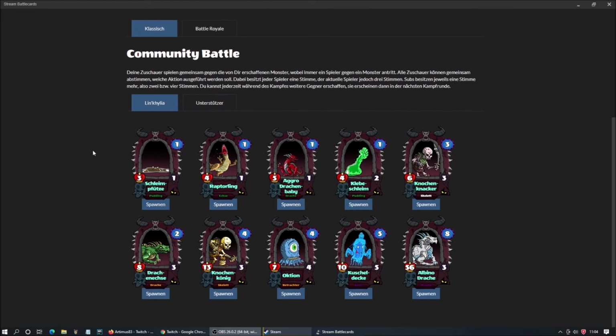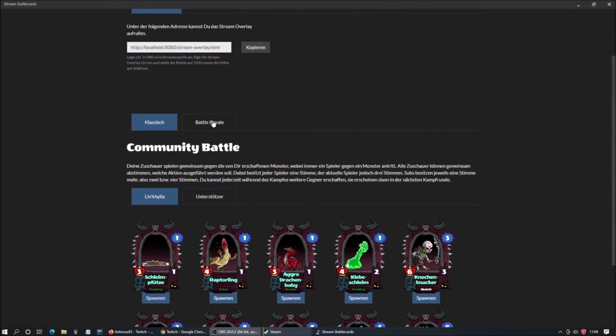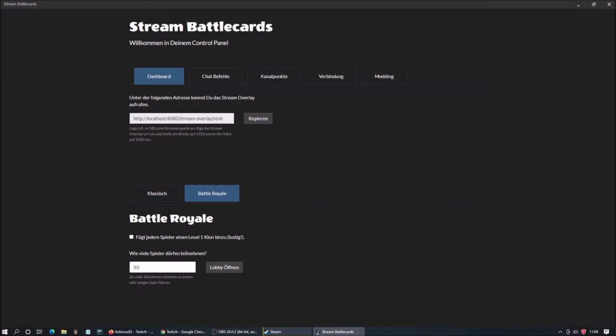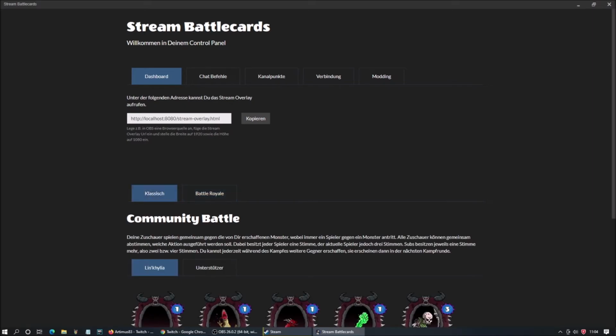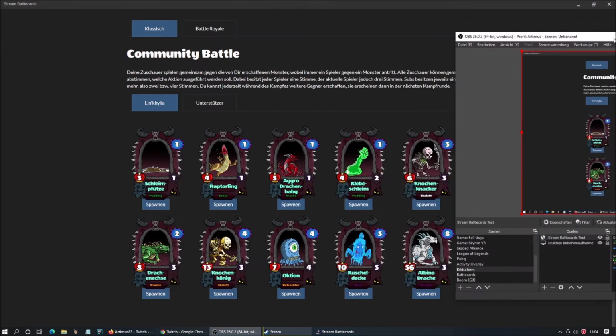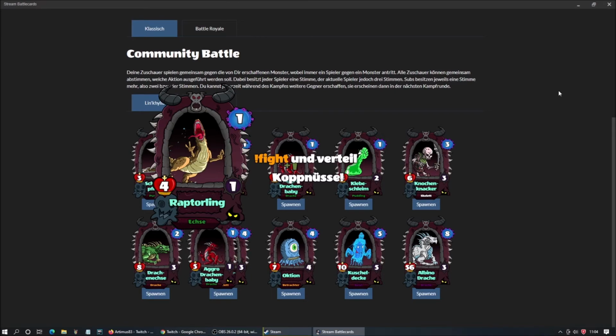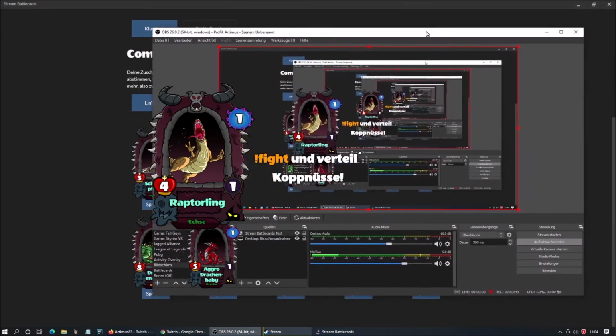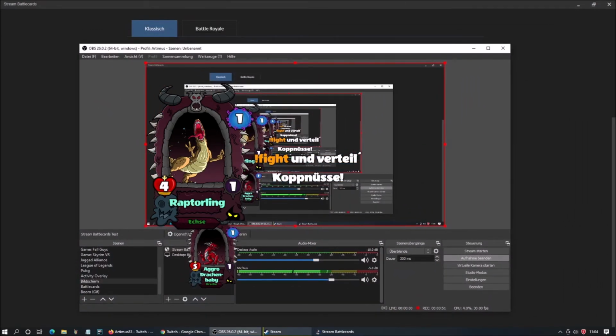To now spawn some monsters in your stream, you simply need to click on the monsters you want to spawn, or start a Battle Royale with the settings you have been shown on this Battle Royale tab. Just for a simple example, let's say we spawn a Raptorling and an Aggro Dragon baby. So now you can see we have these two cards